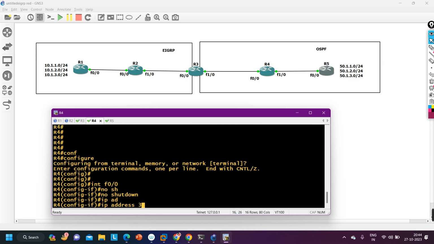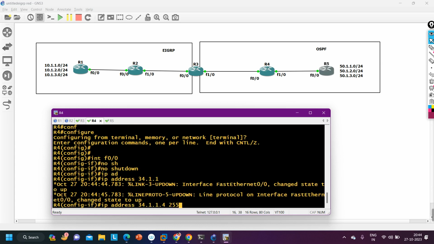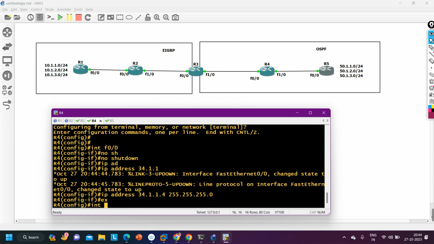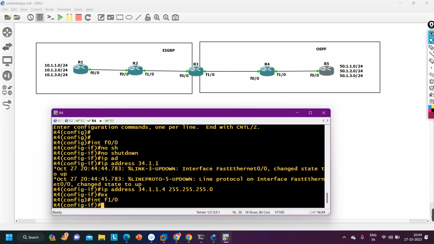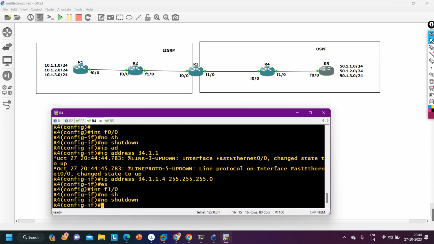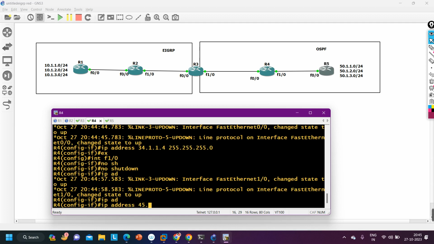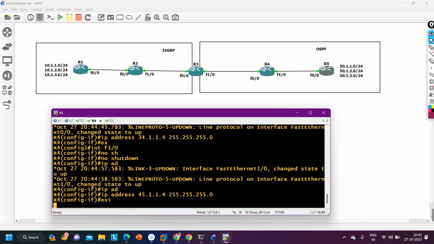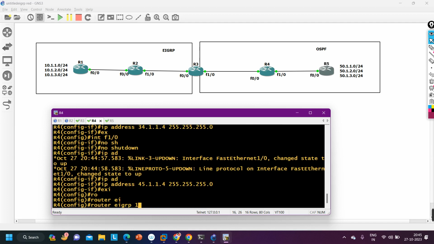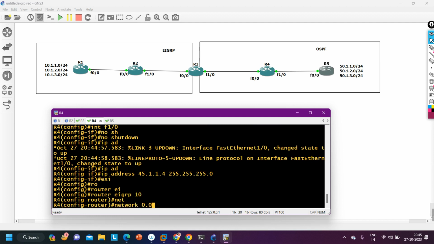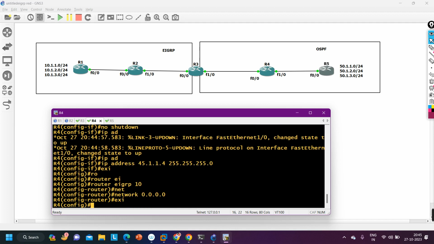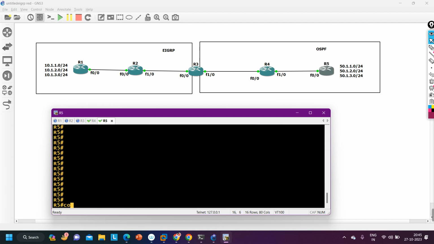IP address 34.1.1.4, 255.255.255.0, exit. Interface FastEthernet 1/0, no shutdown, IP address 45.1.1.4, 255.255.255.0, exit. Router EIGRP AS number 10, network 0.0.0.0. Fine. Then router 5,